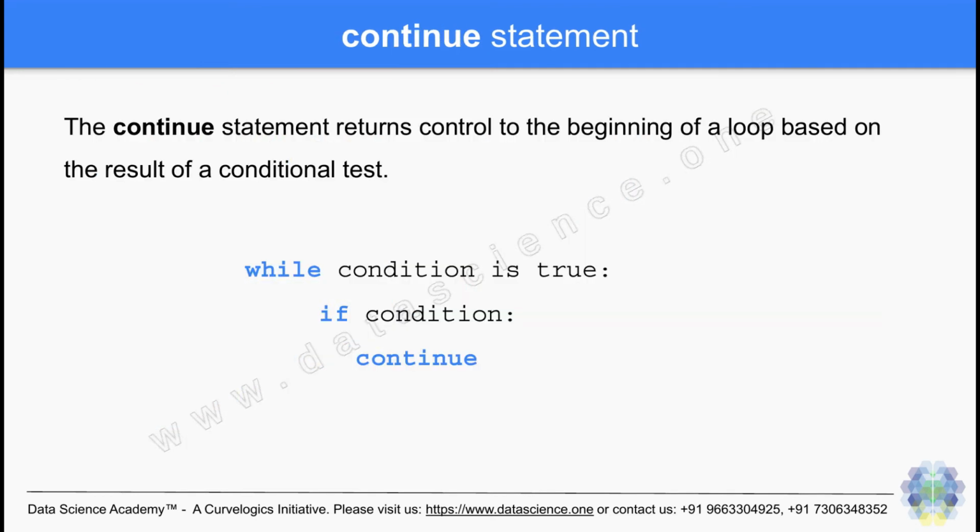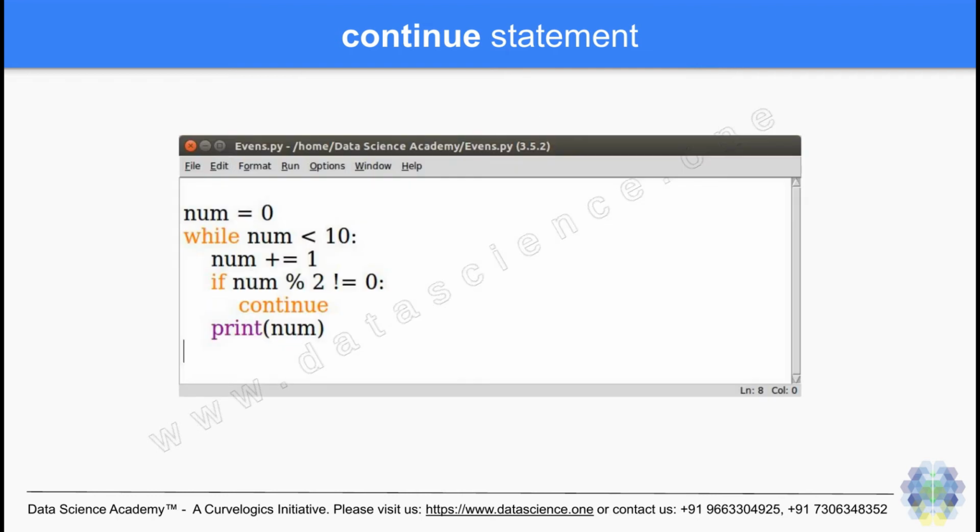The continue statement returns the control to the beginning of a loop, based on the result of a conditional test. Similar to the break statement, the continue statement can be used in combination with while loops and for loops. We will try to use the continue statement in the following script to print even numbers up to 10. We initiate a variable called num with the value 0 and increment gradually by 1. The loop will execute as long as the remainder is not 0 when num is divided by 2,